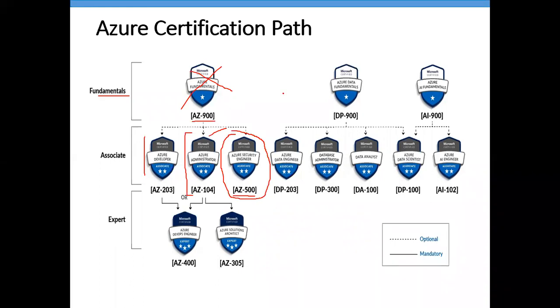For the security path, we need to go after 104. We need to go directly to AZ500 or come down to AZ400. The best option, Narendra, if I'm talking about job perspectives, is AZ400, which has more jobs. AZ104 plus AZ400 has more jobs. Are there combined classes for 104 and 400? Both are different courses, so both are different batches. First you can complete this one, then after that you can continue with the next batch.